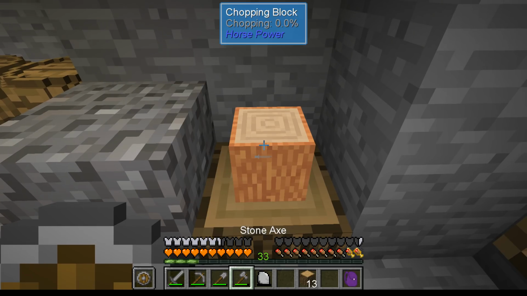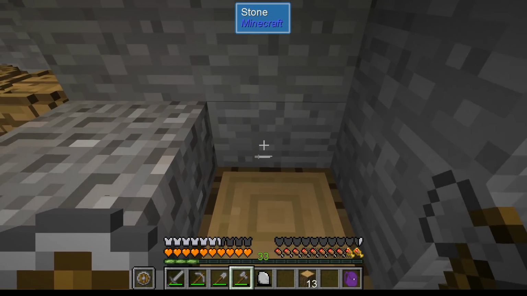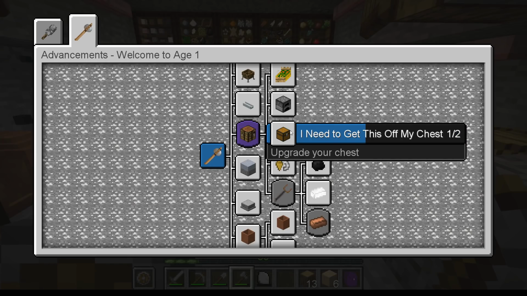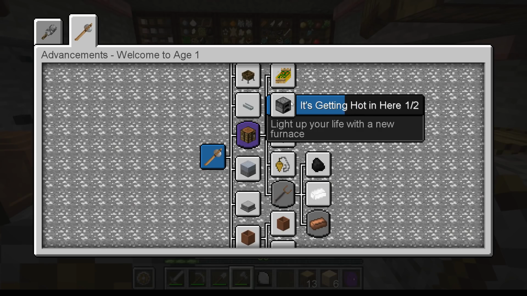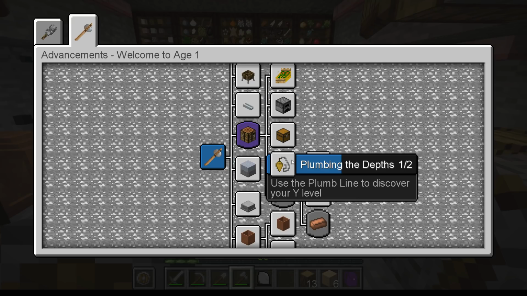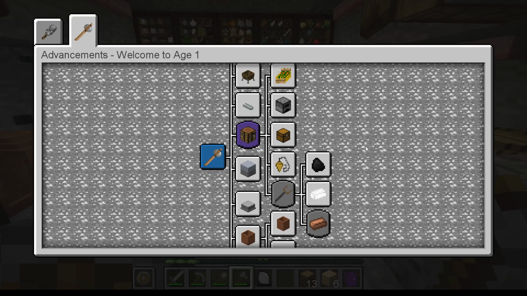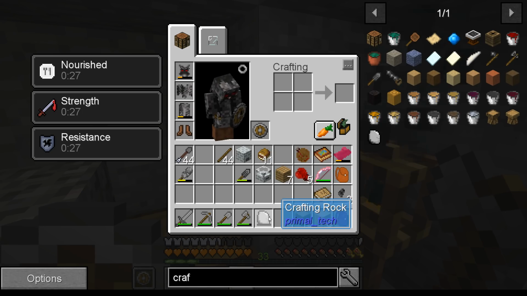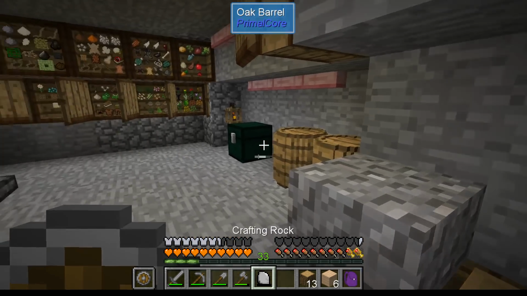And another. Did I get the advancement there? I did. So I can now make a chest. I can now make a furnace. We can make plumbing the depth, plumb line to discover your Y level, and locate and mine coal, which is prospecting, dowsing rod to help you locate ore. Oh, and of course we can...